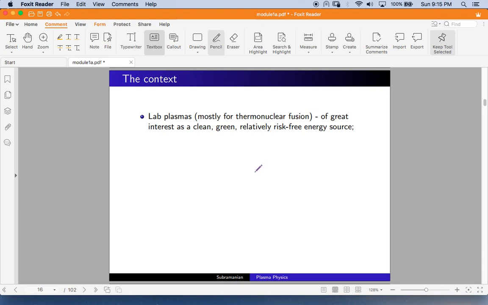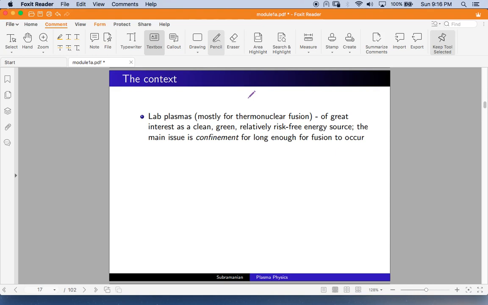Energy from nuclear fission also ticks these two boxes, but relatively speaking, it is much more risky than generating energy via thermonuclear fusion. There's always the risk of runaway fission, and even though there's a lot of effort devoted towards ensuring safety, it's generally acknowledged that nuclear fission is a somewhat more risky